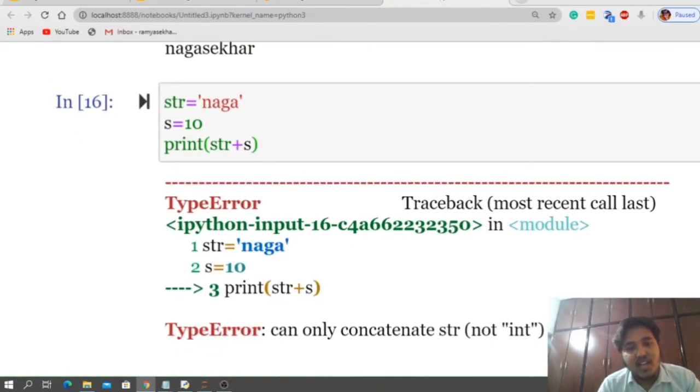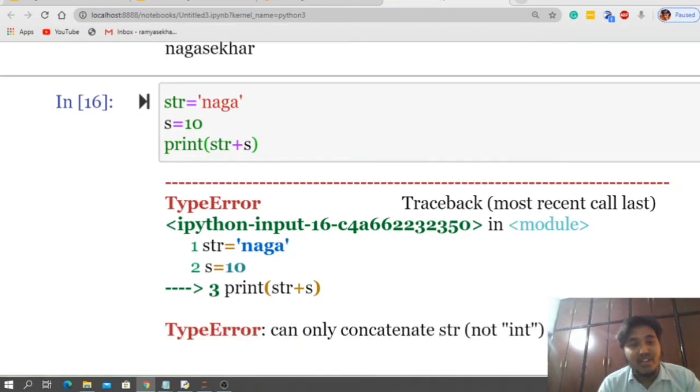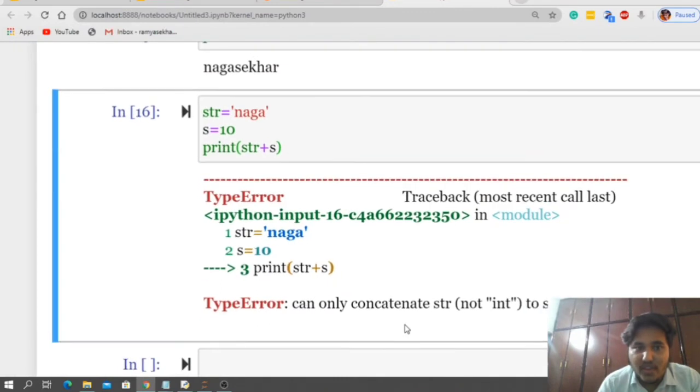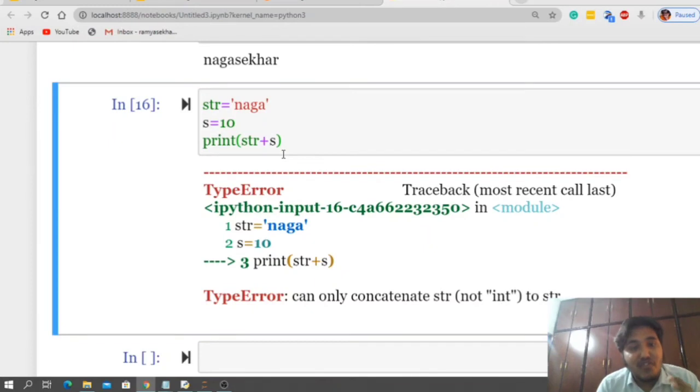What is that error? Can only concatenate string to string, not integer to string. If you are from a Java background, if you add Naga and 10, we will get Naga10. Okay? But in Python, Naga and 10 are not compatible, because a string can only be concatenated with a string.